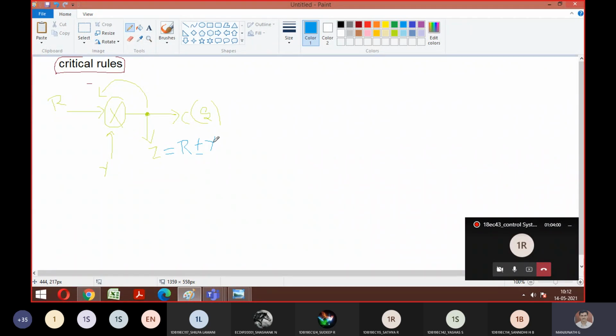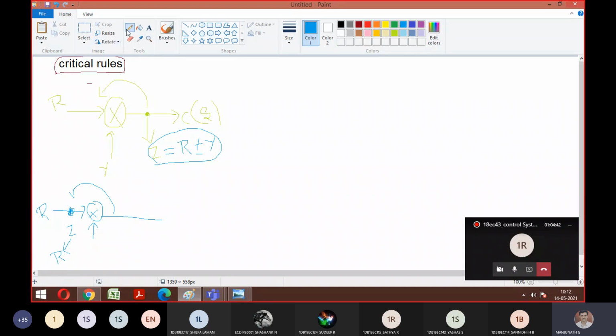Okay? Now tell me, if I move this here, one more diagram. It has been moved now. This is the point I'm having, and remaining all same. Now Z came here. So what is Z equal to after moving? R. Is it matching with the previous category? So Z is equal to R, but here Z is R plus or minus Y. Is it matching, guys? No, sir. Whatever you got here, R plus or minus Y, the same thing I should get there also. That is the logic, correct?